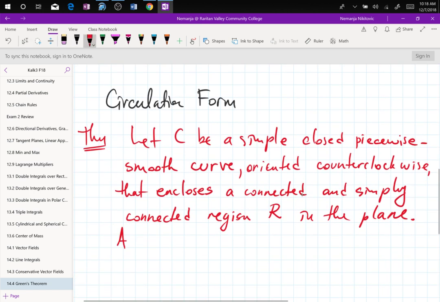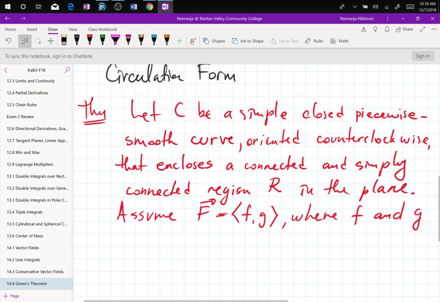Assume that the vector field F given by F, G, where F and G have continuous first partial derivatives in R,